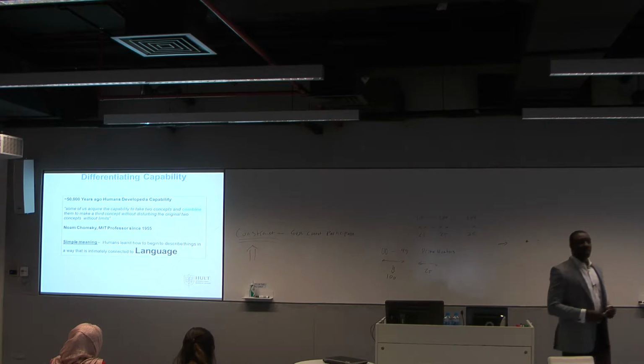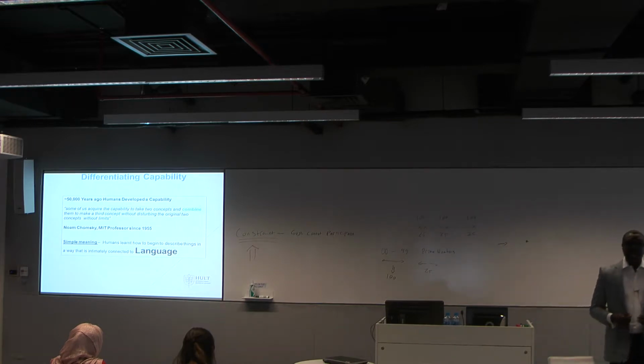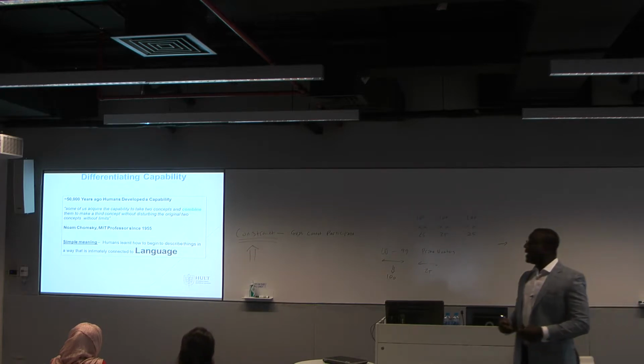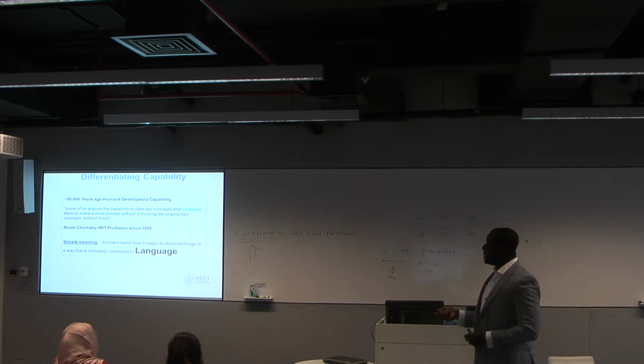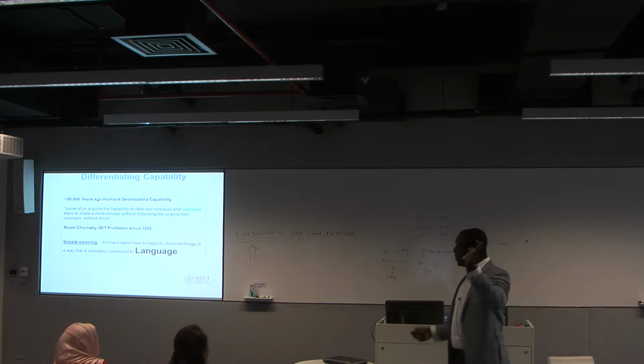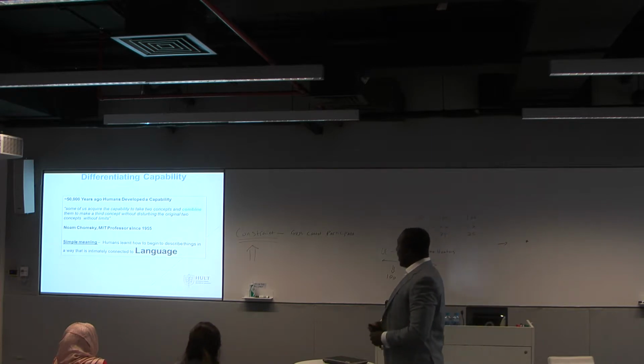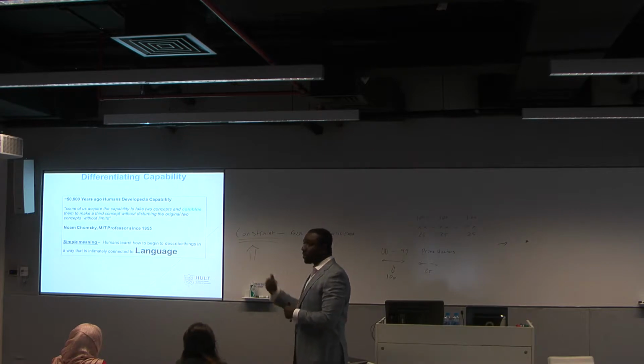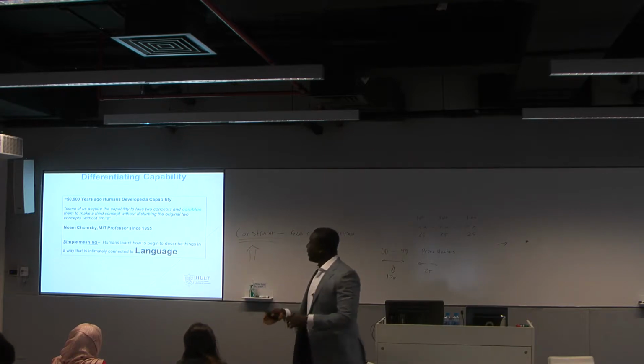And he's really done a lot of research trying to understand how humans got to where we are. How did we get a lot of intelligence? The key thing he came up with is that it's language. He said that at some point, thousands of years ago, some of us acquired the capability to take two concepts and combine them to make a third concept without disturbing the original two